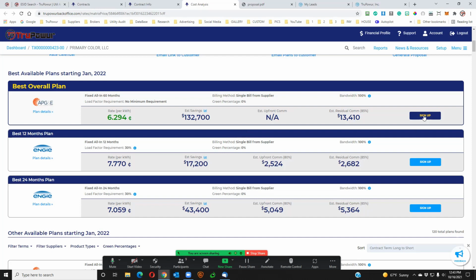So if you click on sign up, it is going to automatically pull the contract for that supplier for that state. It's going to fill it out for you and send it to the customer for an electronic signature. So you do need to tell the customer that we need their authorization to apply those discounts. And so you're going to get an electronic email. If they will open that and